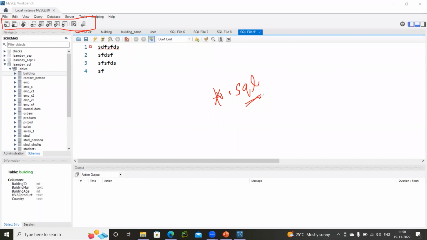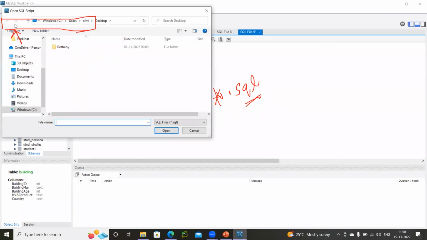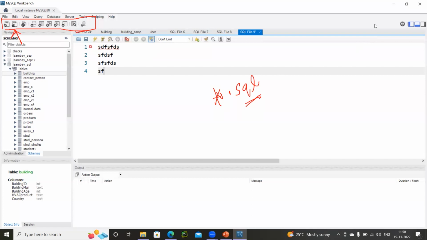So you can save this, and the next day when you want to open it, click on the next box. Can you see this next button? Click on that. That basically helps you to open. So go ahead and specify where you have saved, and accordingly that file will open so you can continue your work. So these two are mainly what you will use.